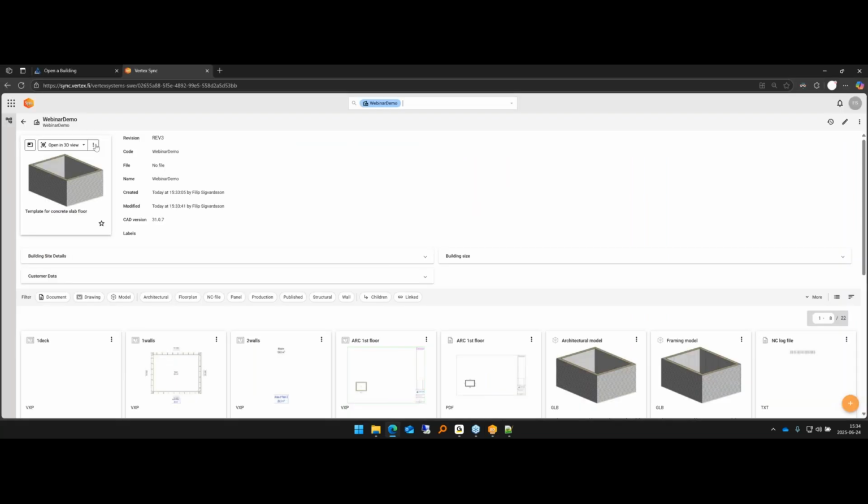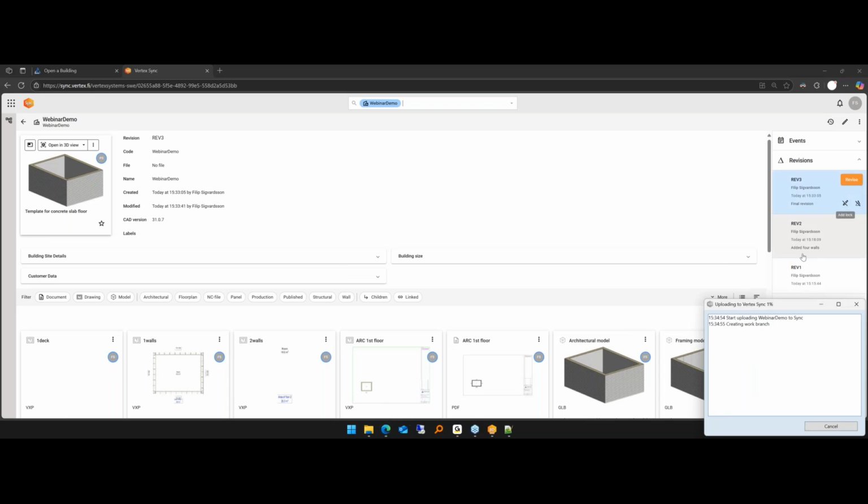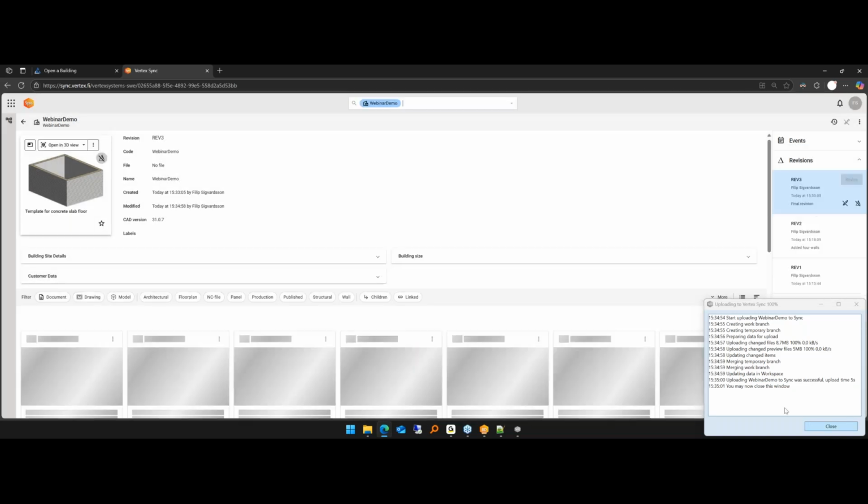if I go into, now I'm in the building on the web, I see I'm on revision 3. I can click on this clock here. And under revisions, I can see my 3 revisions. Let's say this is the actual final revision of the building. I can now add my lock here. So add revision lock. I will also add my override lock,